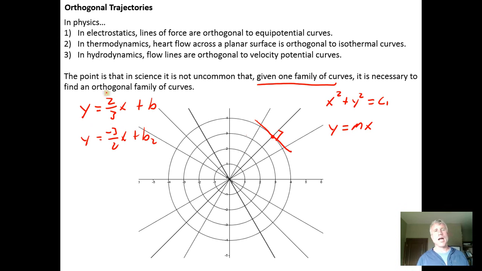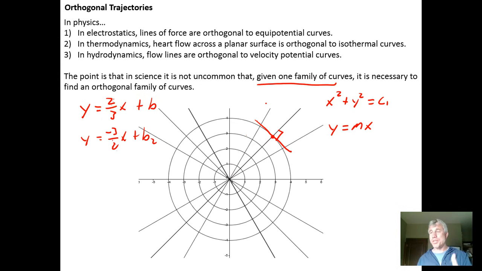So what we learned in algebra was that any two lines, if their slopes are negative reciprocals, then they're perpendicular to each other. So the slope of this line has to be the negative reciprocal of the slope of the line that's tangent to the circle. And that's kind of the key concept that's going to allow us to find families of